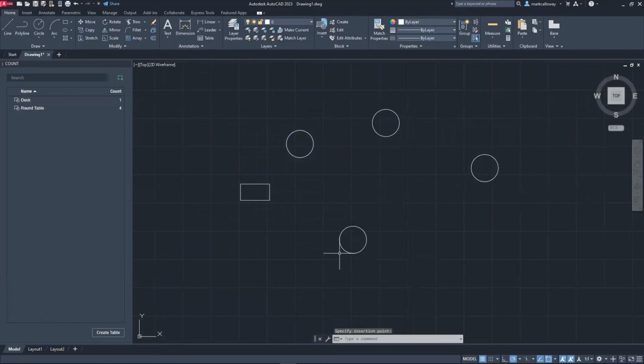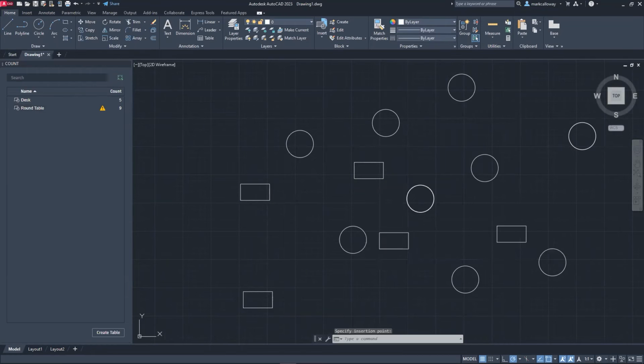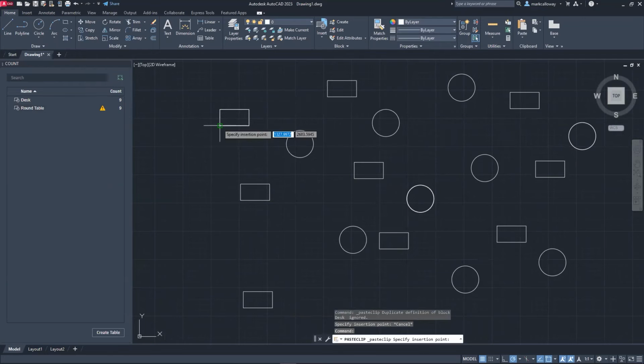So we might have a few tables around here, and then I might accidentally duplicate a couple of instances where I've placed more than one copy of a particular block. And if you're looking at the count window whilst I'm doing that, you'll see that for the round tables, as soon as I accidentally started to duplicate stuff, this little warning icon appeared there, and we'll come back to that in a second. And if I just do the same for the desk, let's just place a number of desks. It's a very disorganized office, wherever this is. Okay, and again, we'll duplicate a few